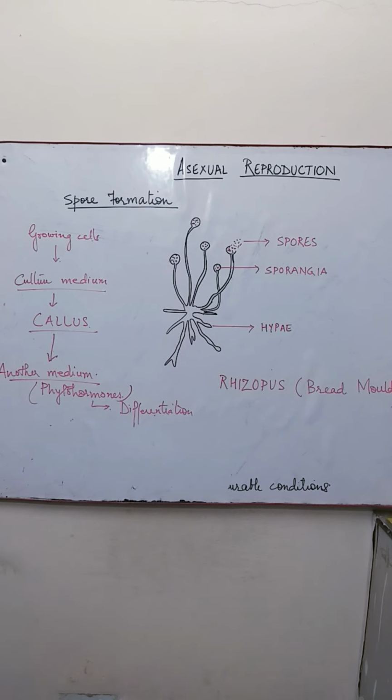Now this technique is a very useful one because we can develop many plants from this, and it is very common in the case of developing ornamental, and ornamental means decorative, plants. So tissue culture is comparatively a scientific technique, and it is used extensively in culturing various types of plants.